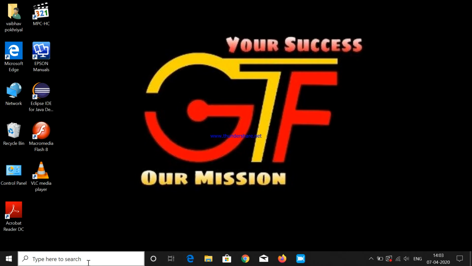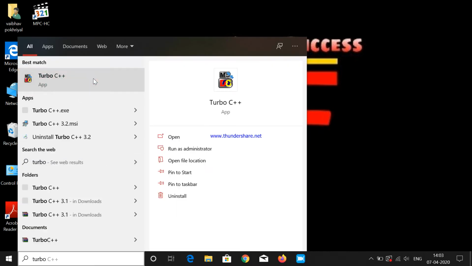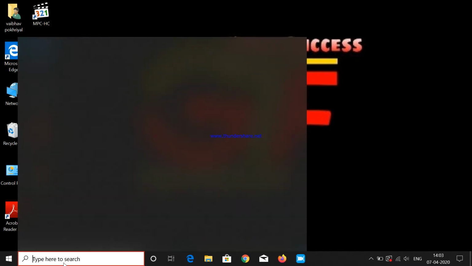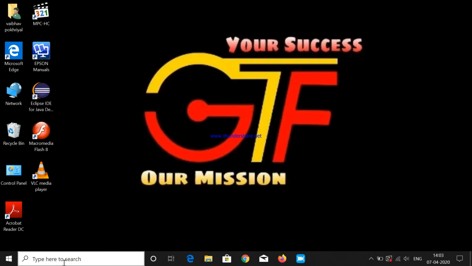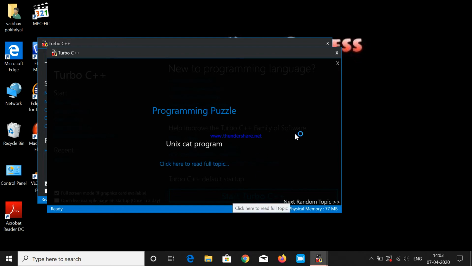So let's start with opening our Turbo C++ application. This is our Turbo C++ application, which is used for writing C and C++ programs. Click on Start Turbo C++.